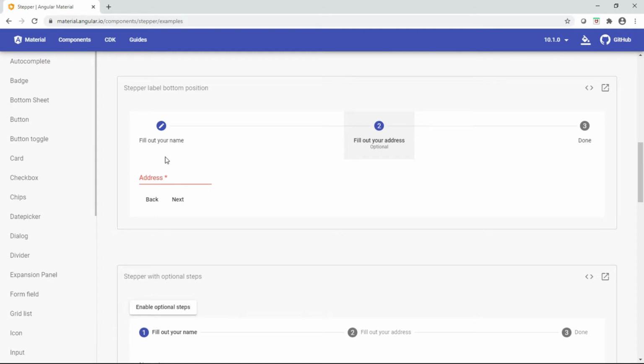The mat stepper, the mat horizontal stepper is basically saying, okay, I don't have to validate it because it's not denoted as linear. So I'm going to move to the next step, number 2, but I'm still showing the icon as in edit mode, which you can go back and modify it. And there's no concept of whether this is valid data or not. It's mandatory. There's an asterisk here. The validation rule is that